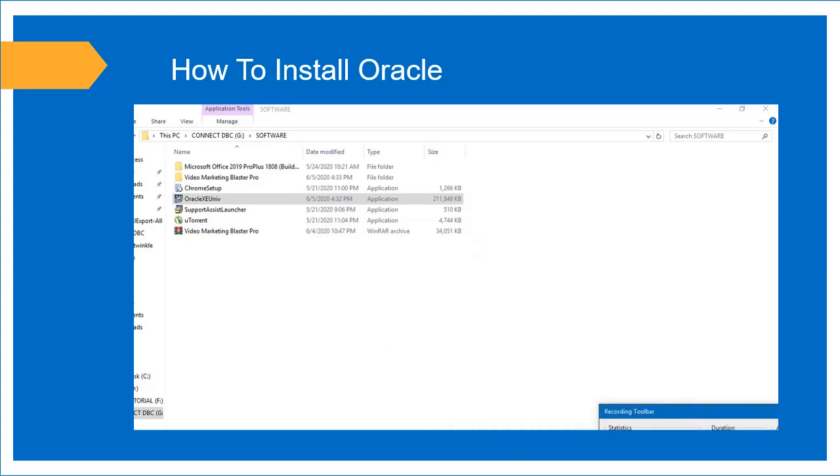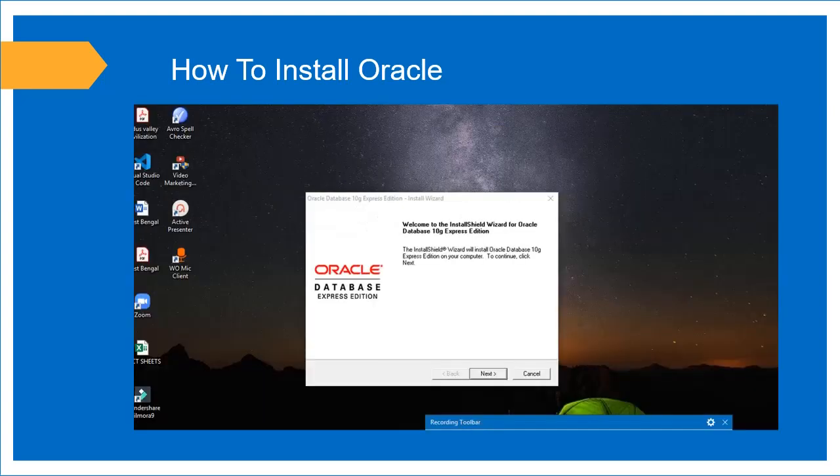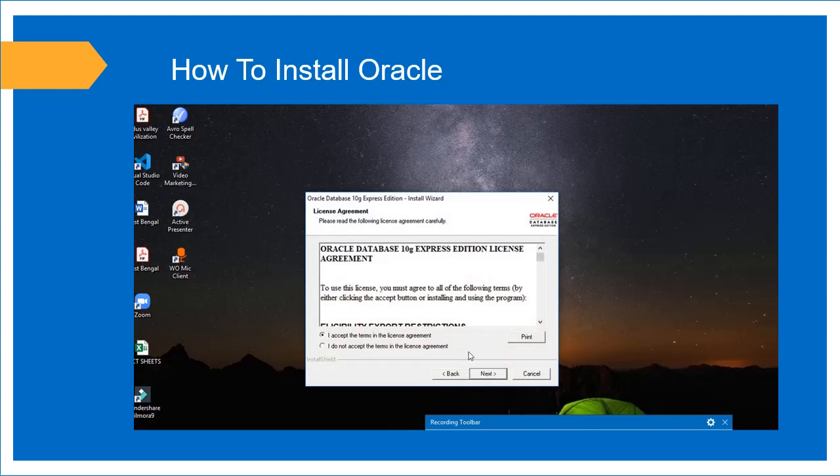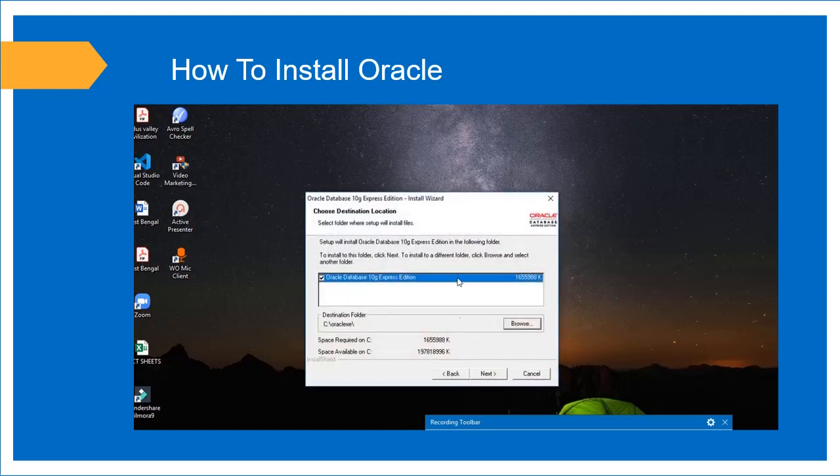Now click on this icon. Now click next. I accept Oracle Database 10G Express Edition.